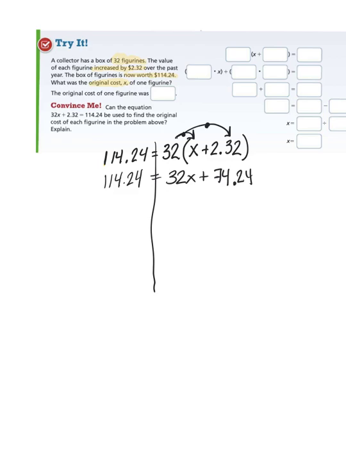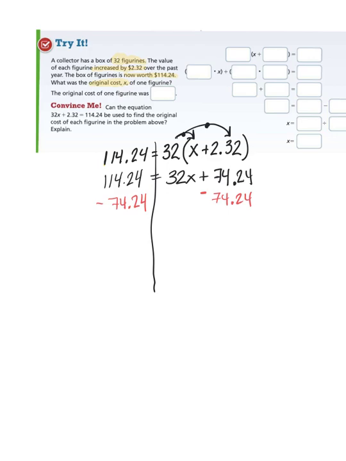All right. Now what I have to do is get that x by itself. So I am going to have to subtract this 74.24 to get it off of the right side and over to the left side. I am going to subtract that from